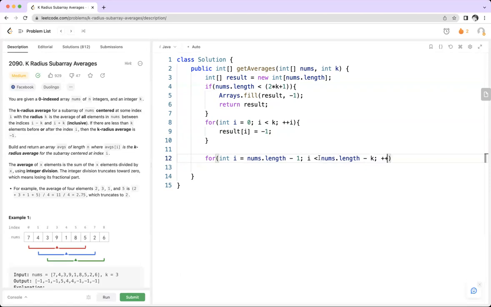Is equal to, I should be greater than, and then this is minus I. Then for this again we are putting a result of I is equal to -1. Okay, okay, and then